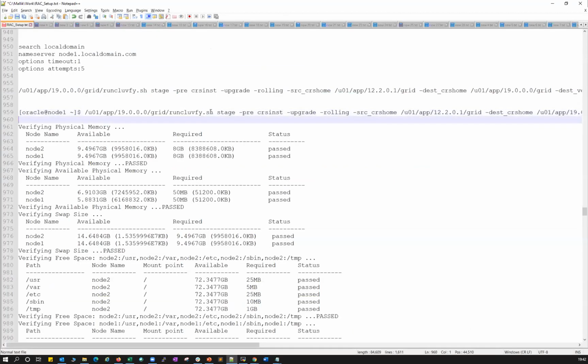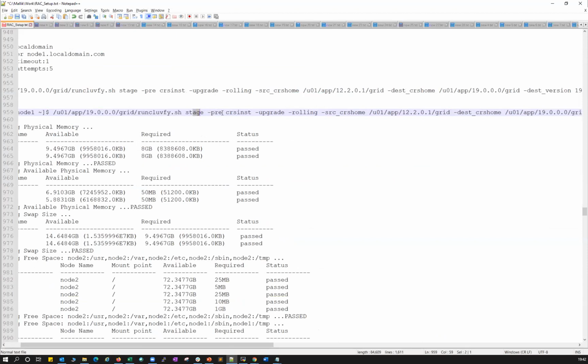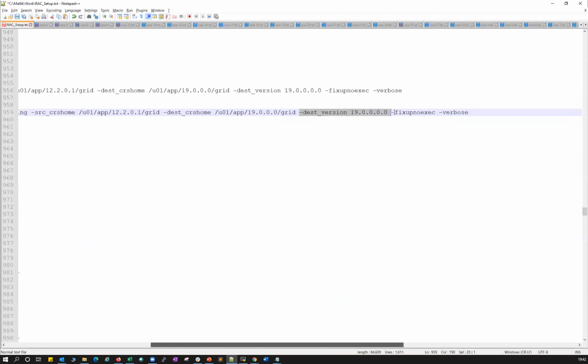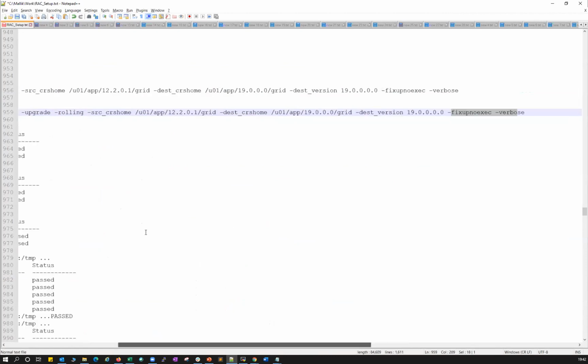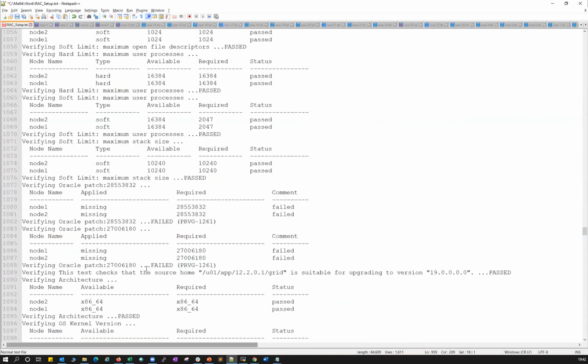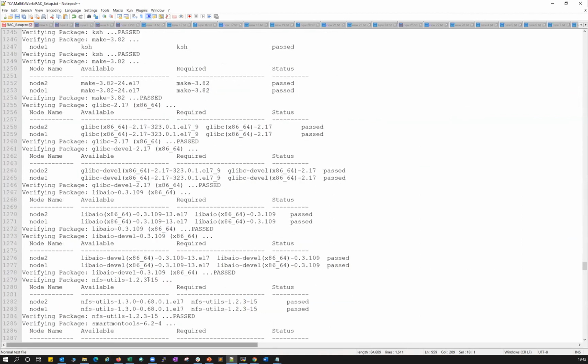So I'm going to follow the same runbook. When I ran runcluvfy.sh with the stage -pre crsinst, it's going to be an upgrade in rolling mode, with the source Oracle home, the source GI home, the destination GI home, the destination target version, and fixup. The moment I did so, it did a lot of checks, and at the end it gave me this particular error message.